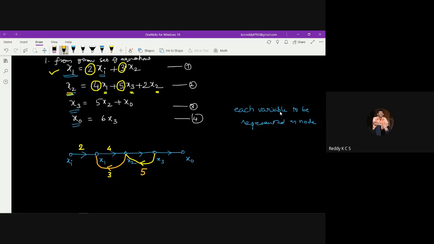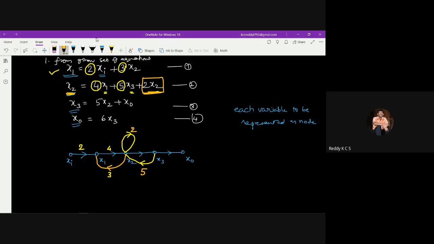And one more is 2x2. Yesterday we discussed the self loop, where the variable x2 is entering at the same point, and I can write it like this. This is the branch gain value, which is given as 2. So x2 to x2. Whenever the variable x2 is represented like this, 2x2, this is also x2 and this is also x2. They don't cancel out; the representation of the equation shows that it is a self loop.